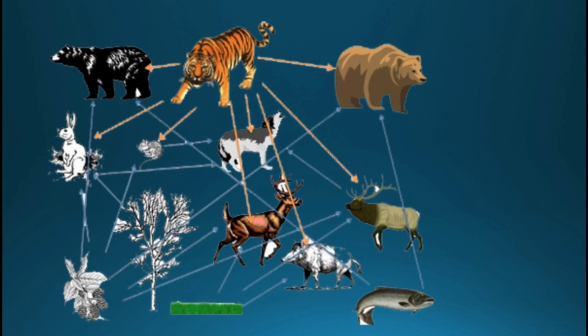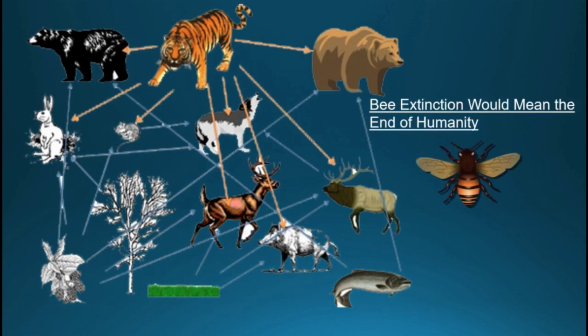And what is the ecocycle? Every species is dependent on other species. It is said that extinction of bees, extinction meaning if bee life is completely over in this world, no more bees in this world, bee extinction would mean the end of humanity. We all will be no more